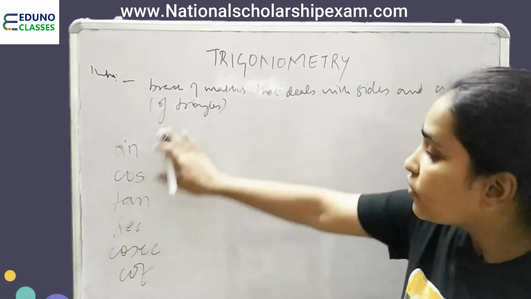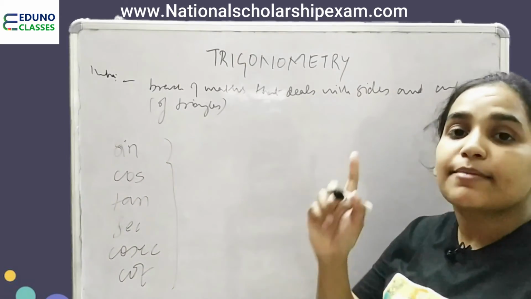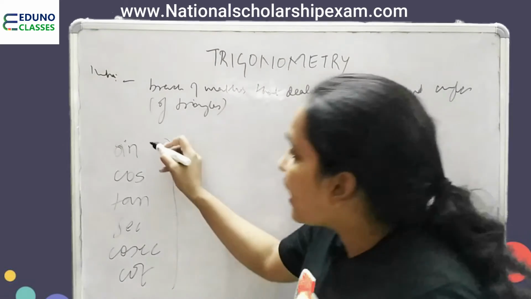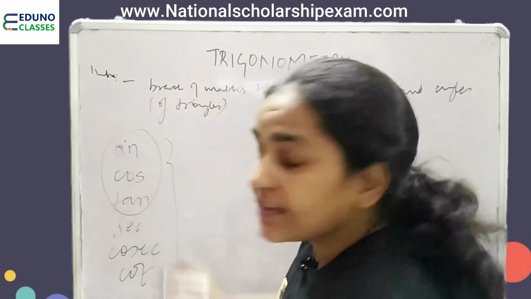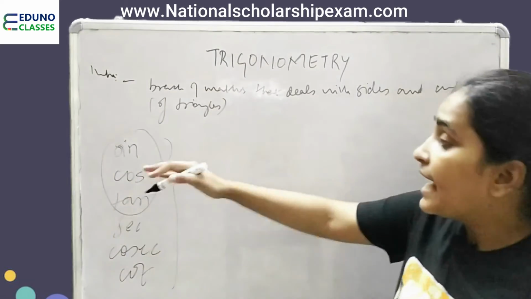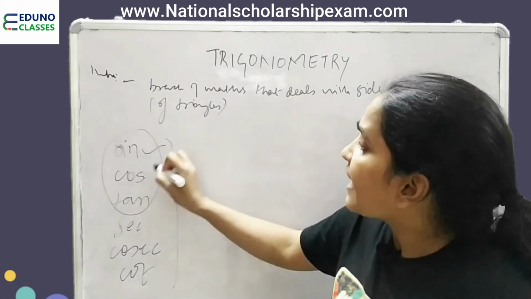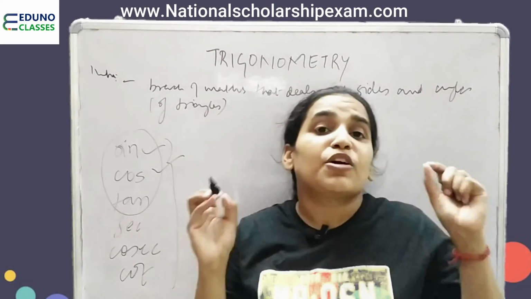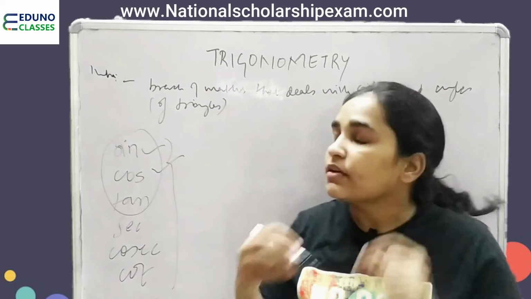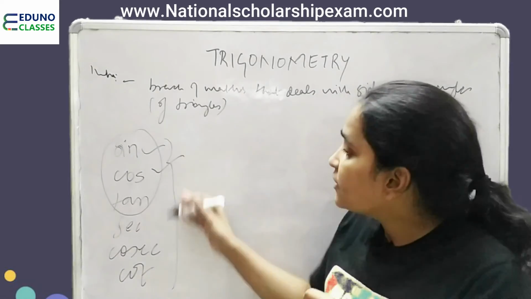Out of these 6, the 3 basics are sine, cos and tan, and out of these 3, the 2 most fundamental are sine and cos. With the help of sine and cos, we can find any of these